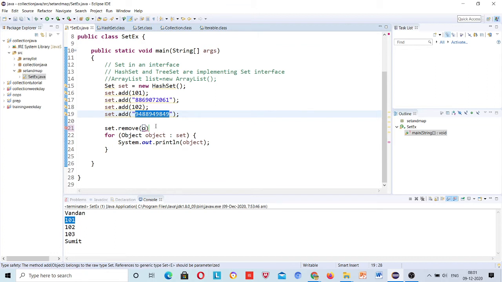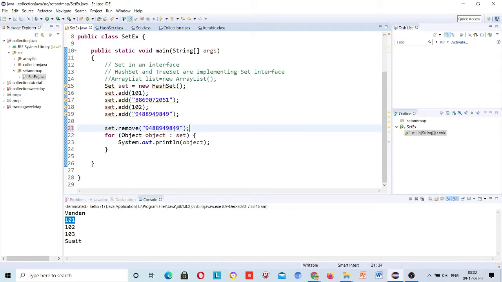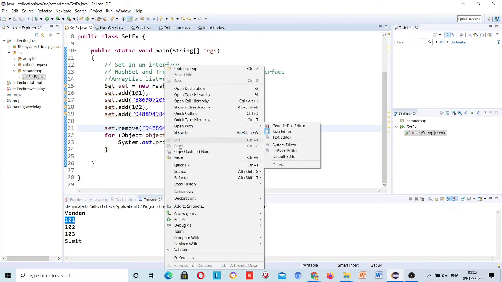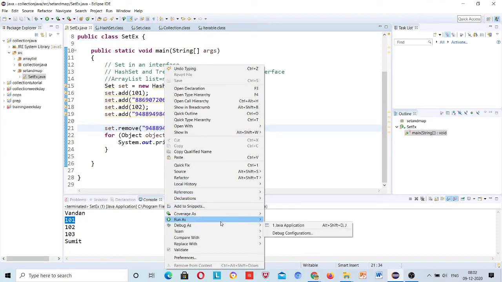If it is not matching to the same, then here also I think you will have a requirement in your assignment that using hash set you need to remove duplicate values from your list, right? So you need to complete that also. So set dot remove, and it will be removed.